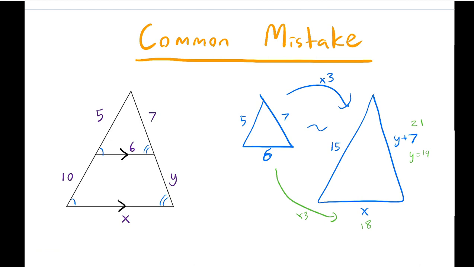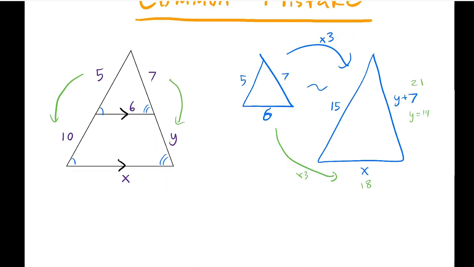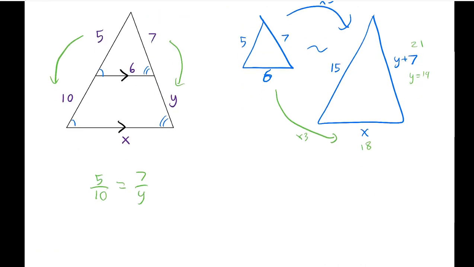Here's the common mistake, right? People go, oh, look, this is a 1 to 2 ratio. 5 is to 10 as 7 is to y, right? That's true. That's the proportionality theorem we just did above. So we can just see it's 14 already, but cross multiply, we get 5y equals 70. We divide by 5, we get y equals 14. Great. Now the problem is, people incorrectly